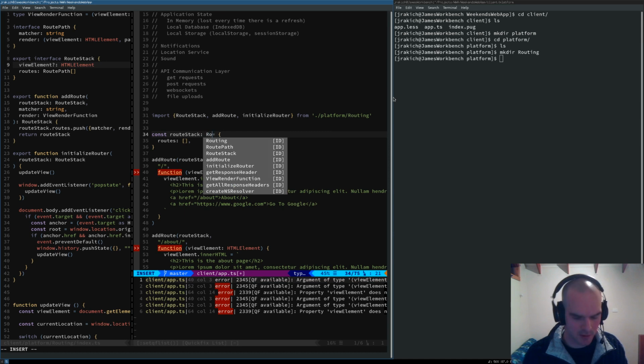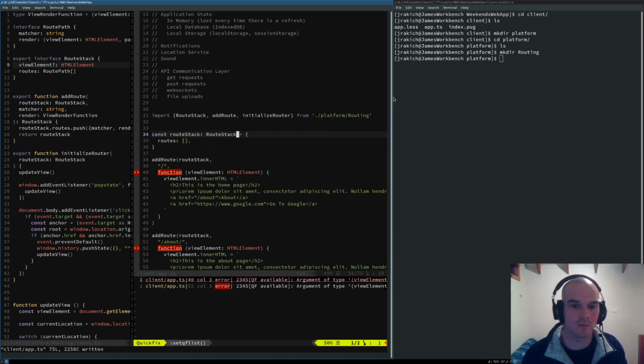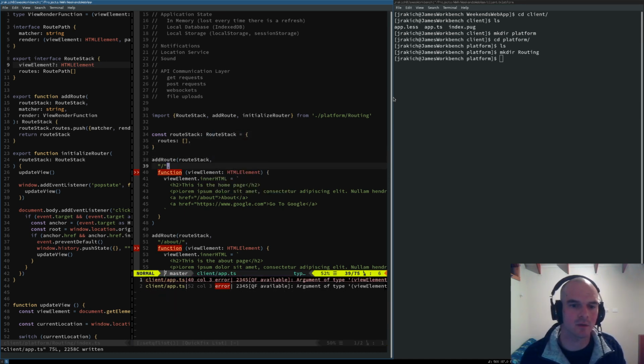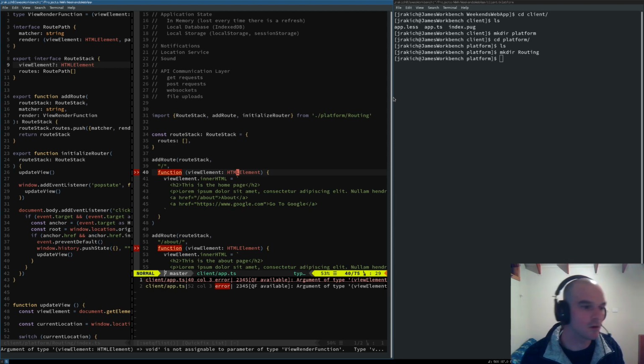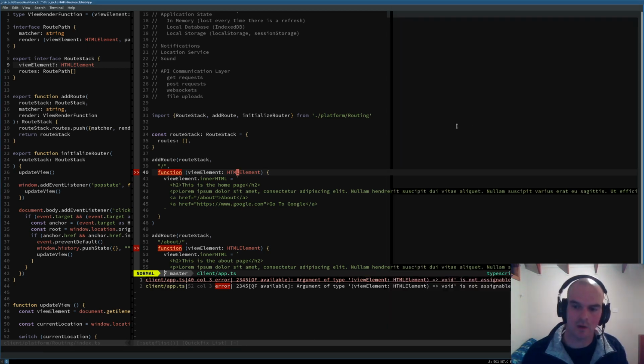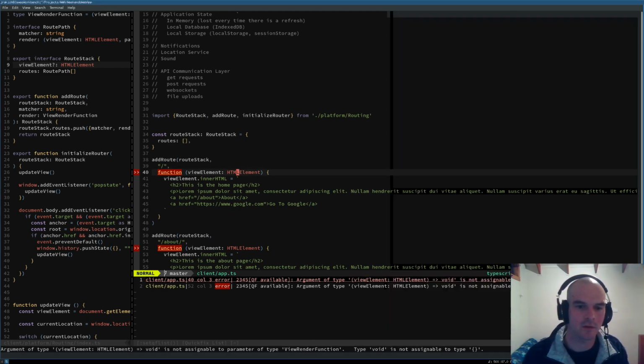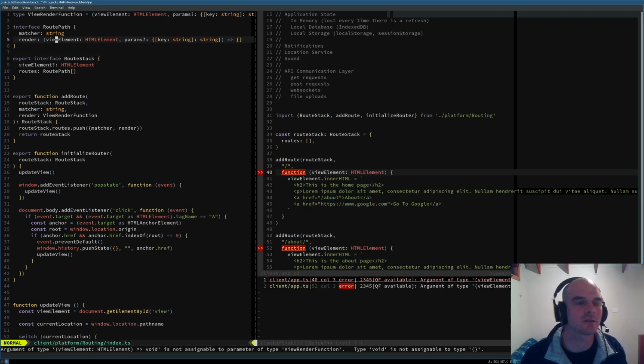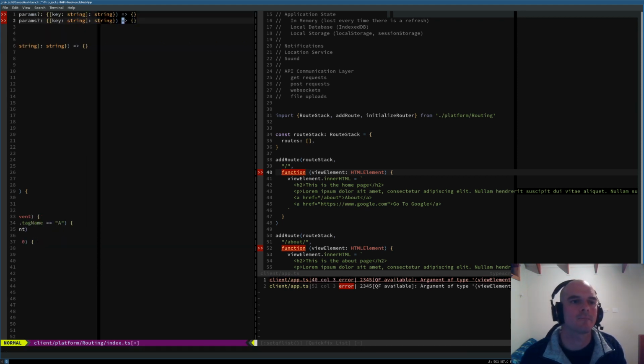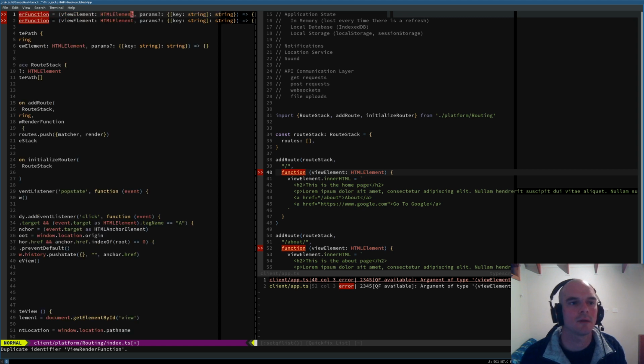So we need to say that we're going to turn this into a route stack, which is all good. And now the only thing that's not making us happy is that we're not assignable. We're not allowed to assign that function because it's got that there. Well, what we could do